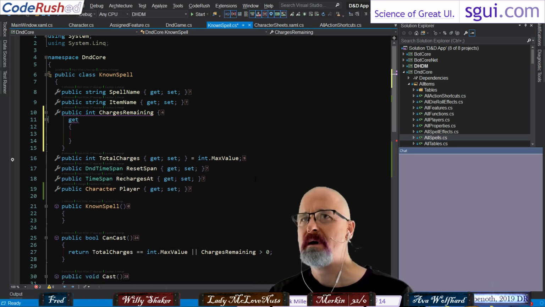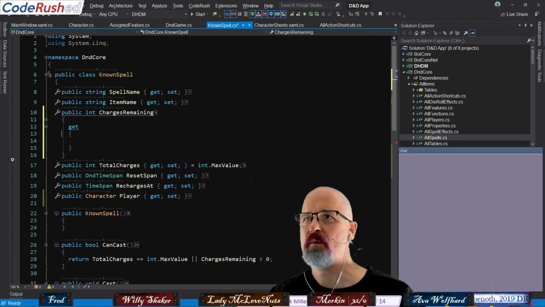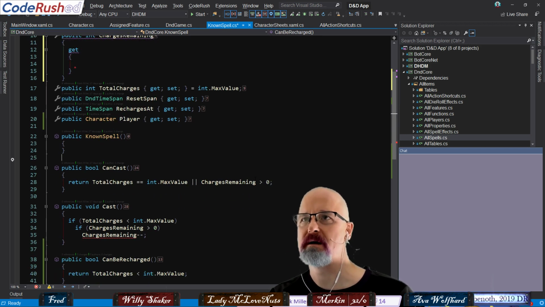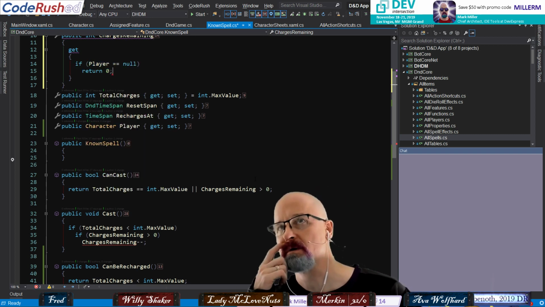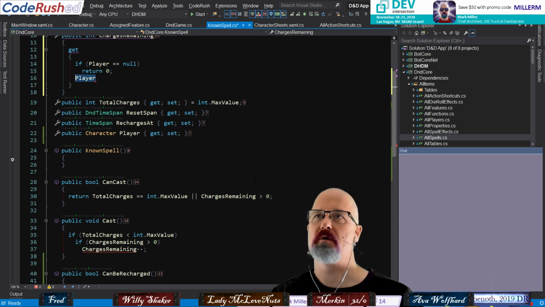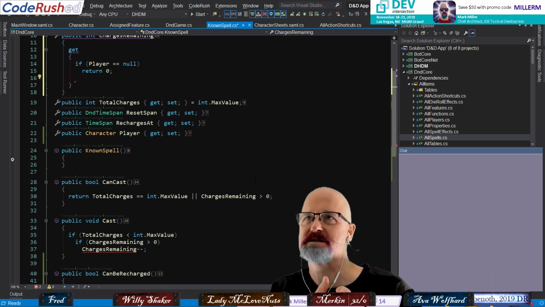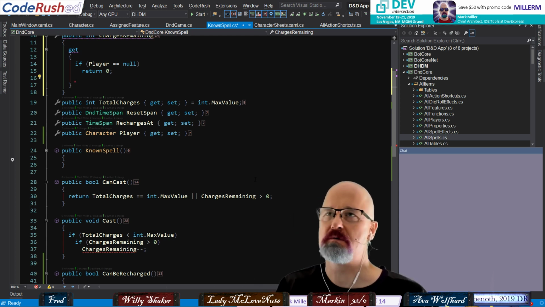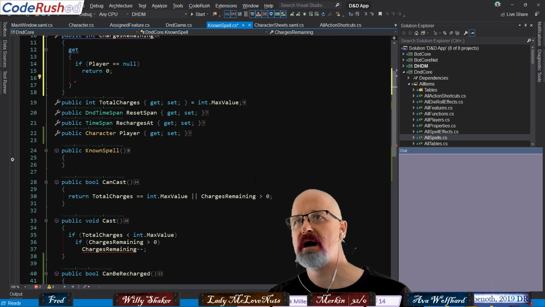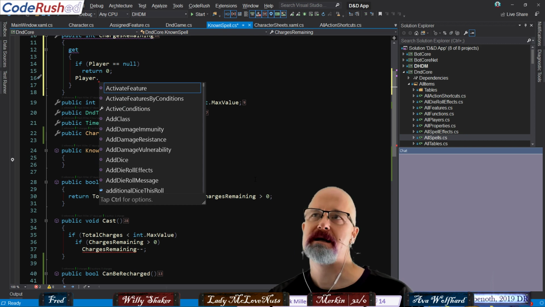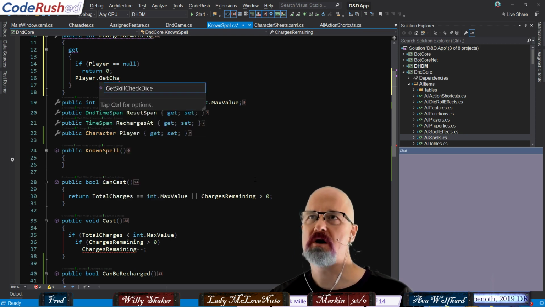And now what I want to do is calculate it. So let's set a marker here. We've got player in there. So now what we can do is say INX here. If player is null, then we're going to return 0. Player was on the clipboard. That's how INX works for that. INX is a pretty smart template, or INR to return. Either one works. Then I want to say player dot GetCharges